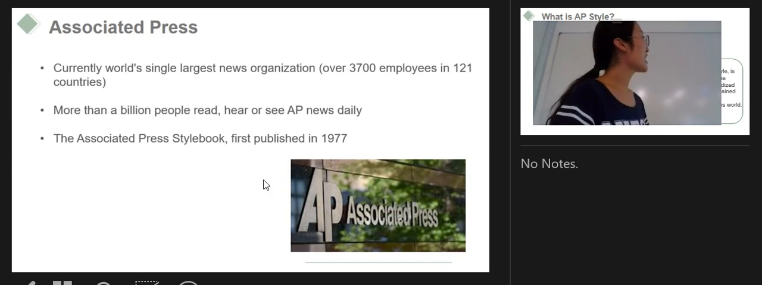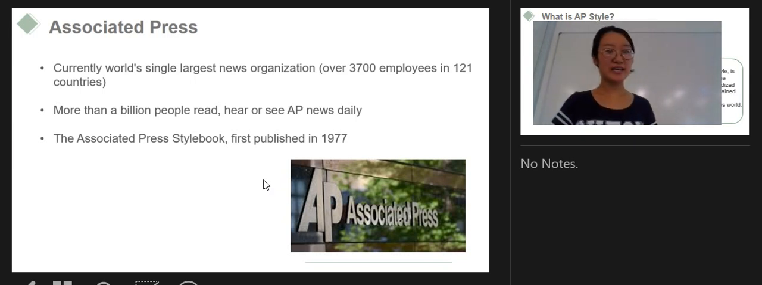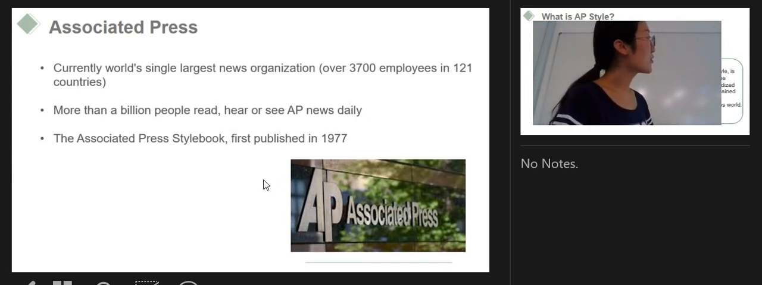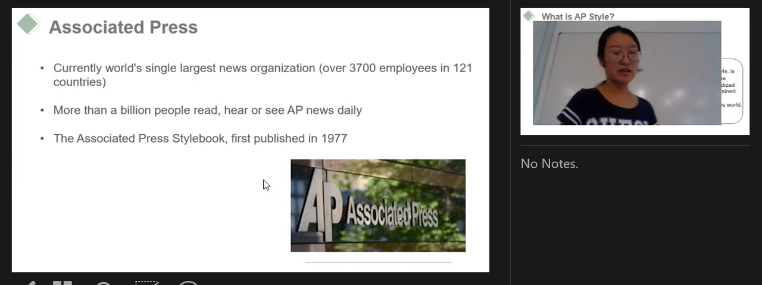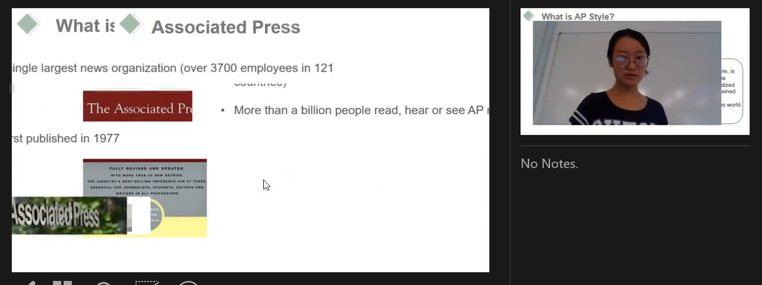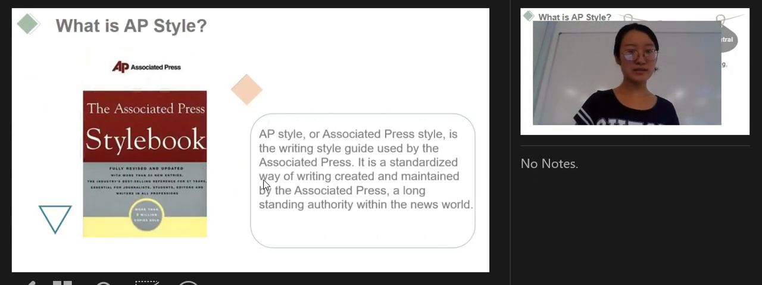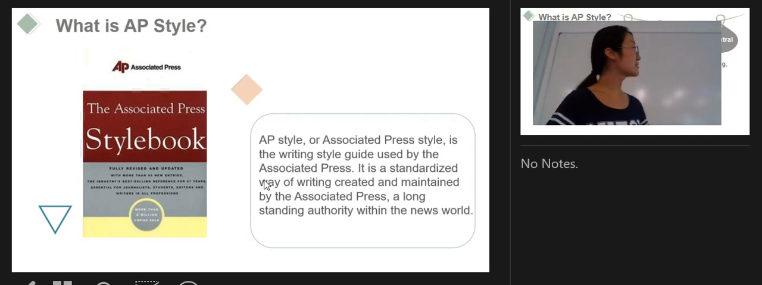AP is Associated Press. Currently, it's the world's single largest news organization, and more than 1 billion people read, hear, or see AP News daily. The AP Stylebook was first published in 1977. So, what's AP Style? AP Style, or